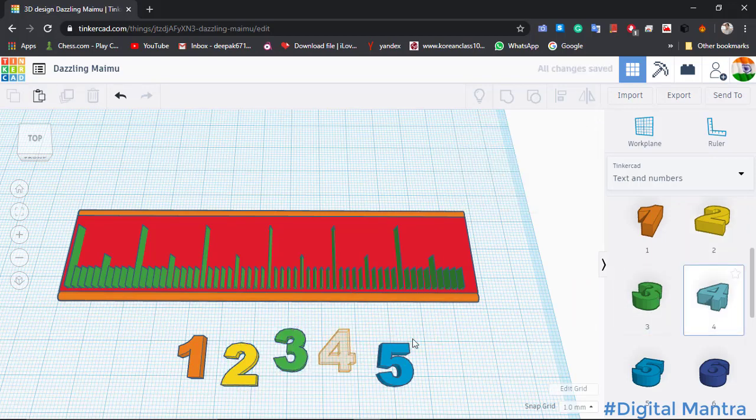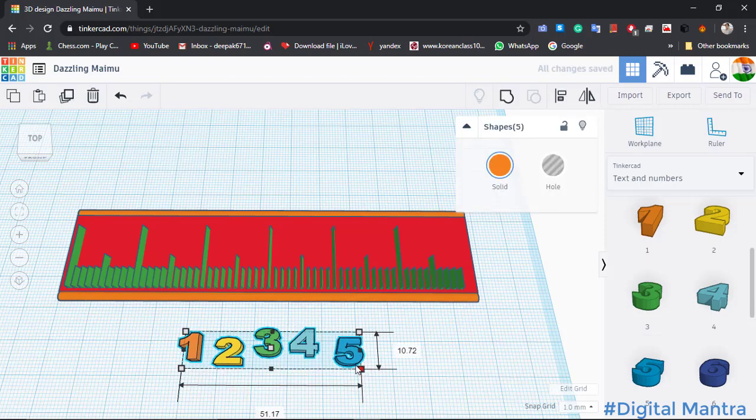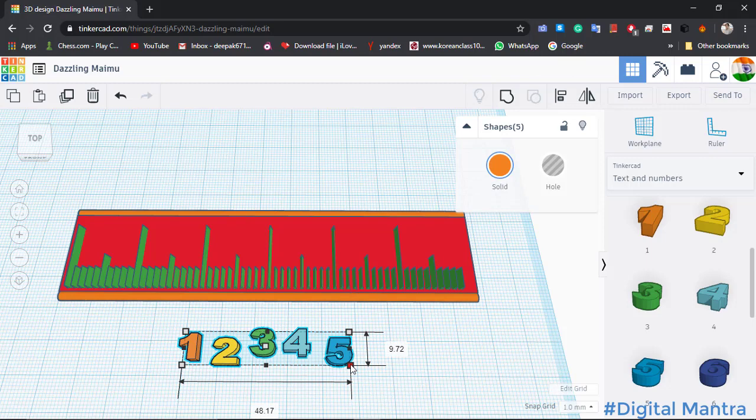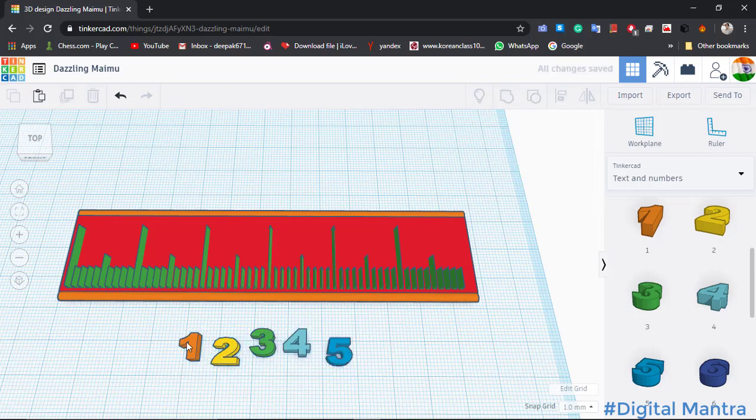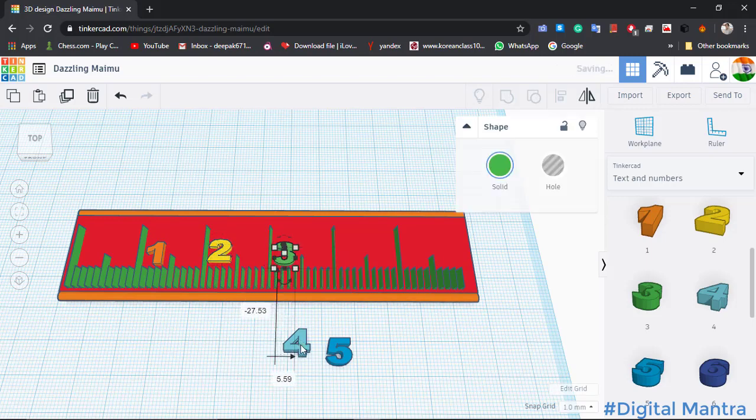Now first of all we will reduce the size of this. Let's make it a little bit smaller. Okay, this will work. And drag it. So first of all let's check what the height is. Height is 4 mm. Okay, done. So lift it and put it there, at 1 mm. Same thing for 2 mm, for 3 mm, 4 mm,